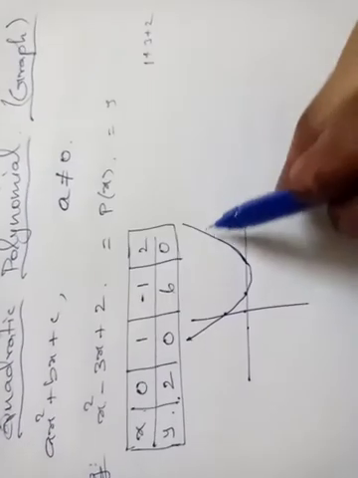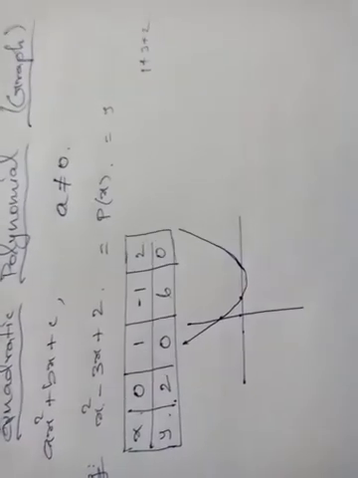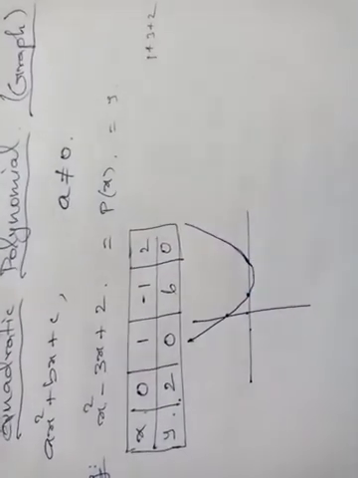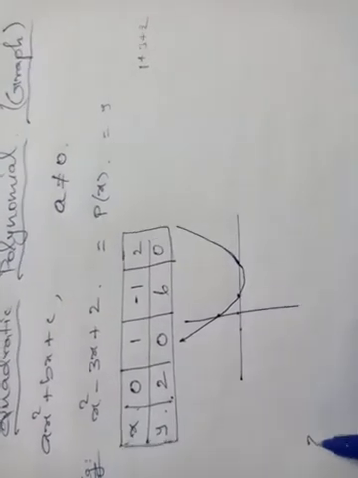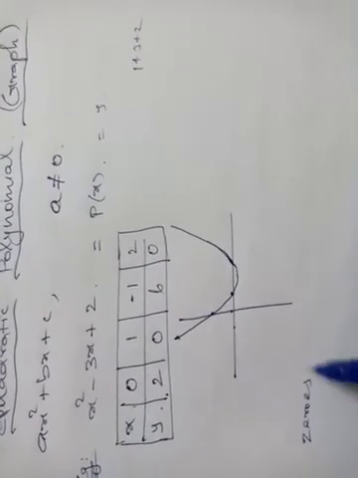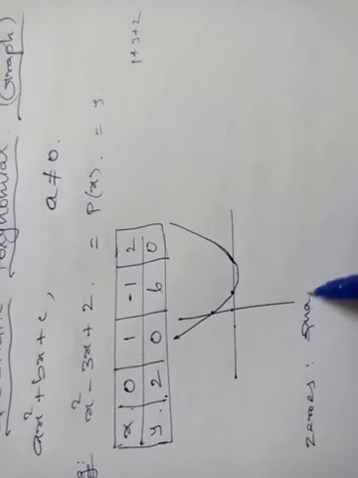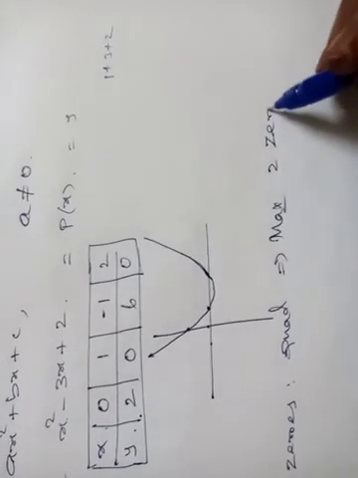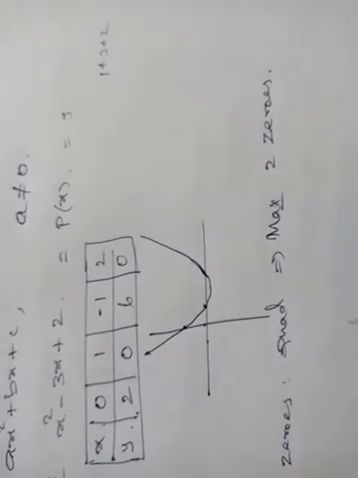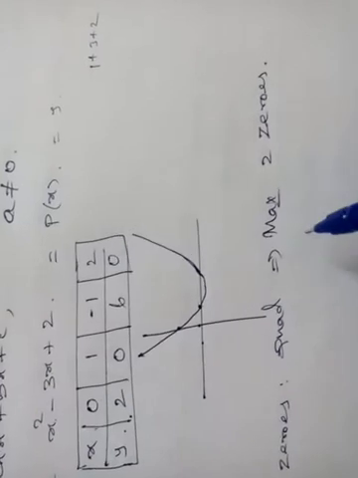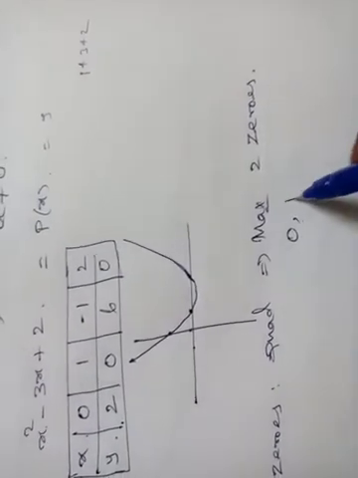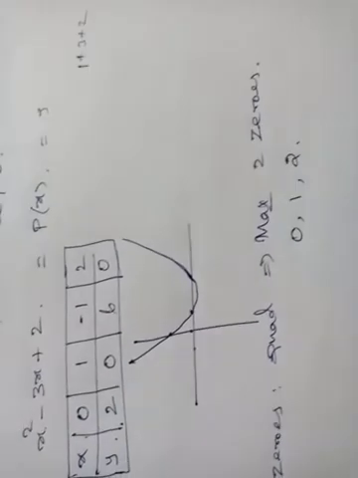This name is parabola. Okay, now see that this polynomial has two zeros, here and here. Actually, regarding zeros, a quadratic polynomial has a maximum of 2 zeros. I said maximum 2 zeros. What is the meaning of maximum zeros? Maximum 2 zeros means there may be no zero, 1 zero, or 2 zeros.